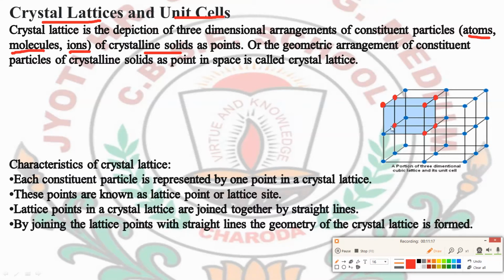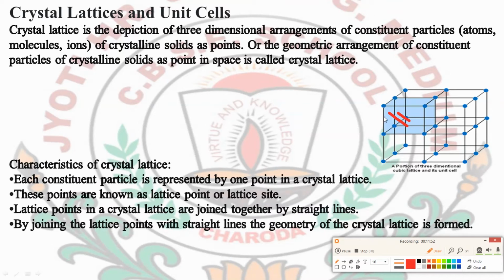If I am considering this single cube here, you can see that many cubes are formed out here. One cube, two cubes, third cube, fourth cube, then fifth, sixth, seventh, and this is the eighth cube. So here a total of 8 cubes are joined together to form a single lattice. If I am considering one single cube, which is this one, all the blue points here are the lattice points for this single cube.